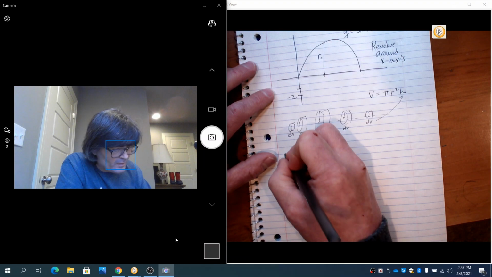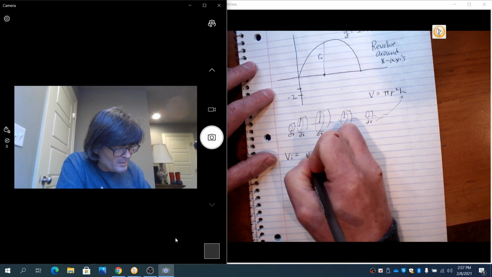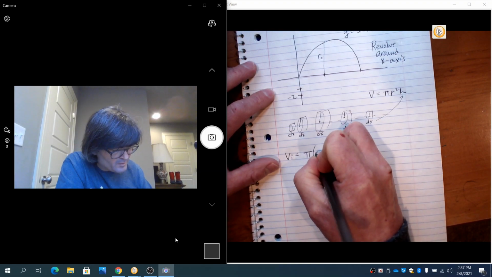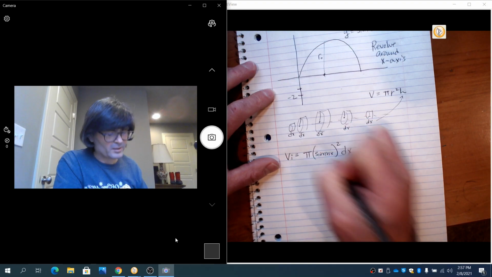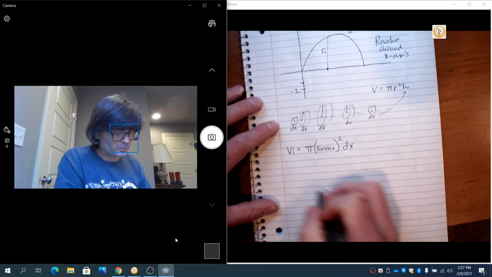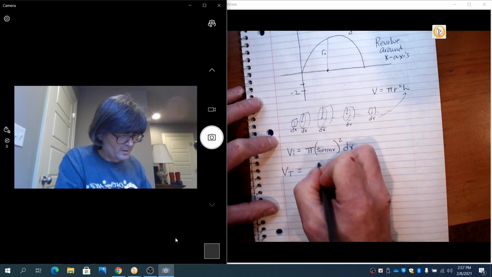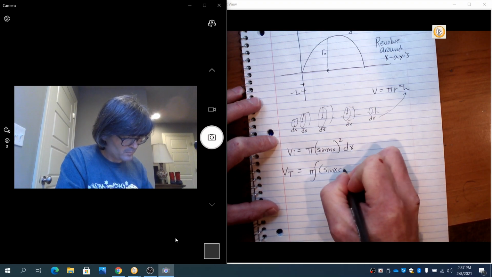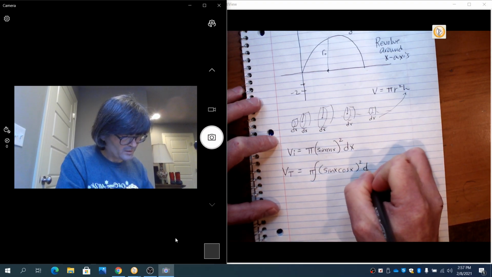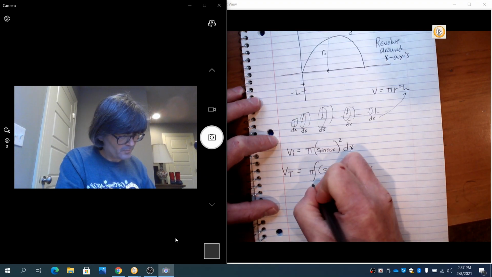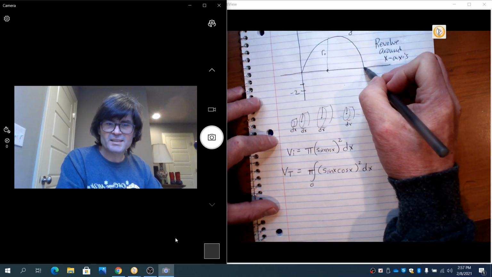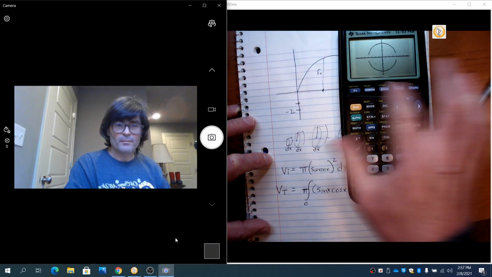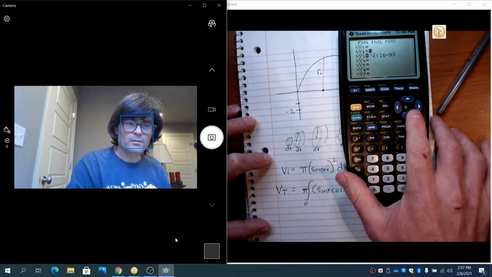So my volume of one disk is going to be pi r squared h, where r is sine cosine. And then the total volume will be the integral of that. And it's going to happen from starting at 0 and ending wherever this crosses the x-axis, which is not really given. So we're going to have to figure that out real quickly by typing in, clear all this out,